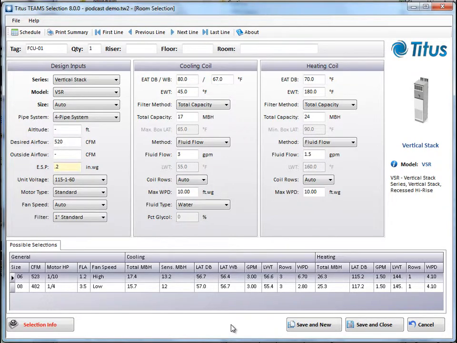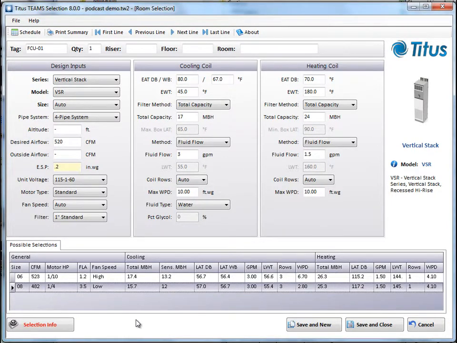And now it's made a selection for us. It says that a size 6 and a size 8 unit will meet our requirements. And if you look at the data, you can see the horsepower, the FLA, it's on the high fan speed. There's our MBH, our sensible MBH, leaving air temperature, dry bulb and wet bulb, 3 GPM, which is what we